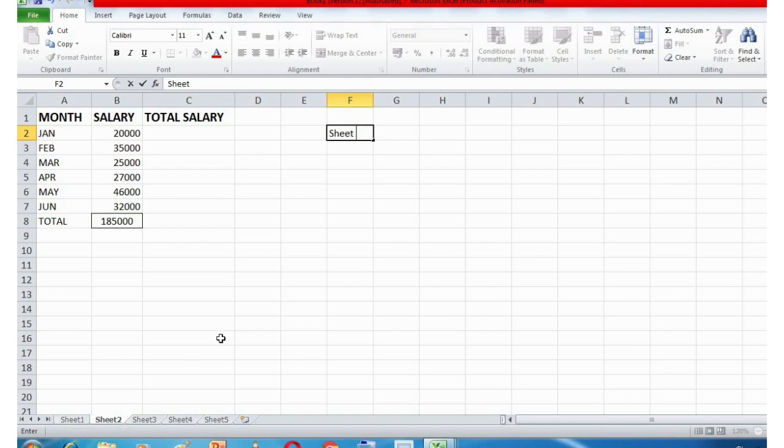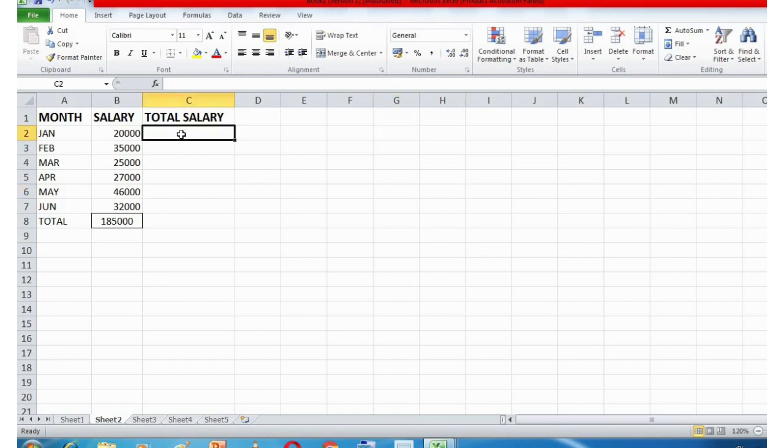And one more thing, the exclamation mark, and the cell addresses or cell references. We are going to use these three things to use the cell reference of another worksheet. So let us learn how to use this.